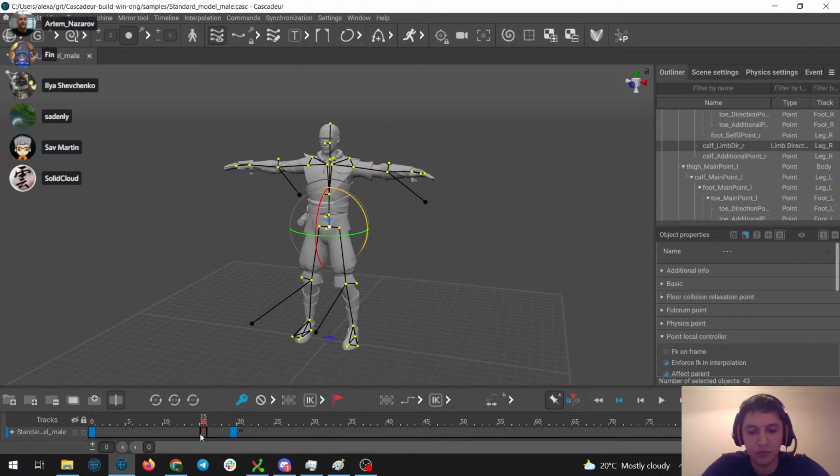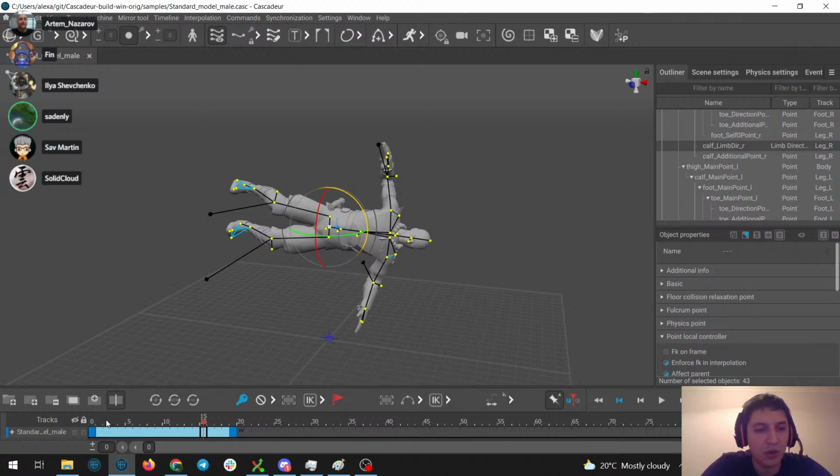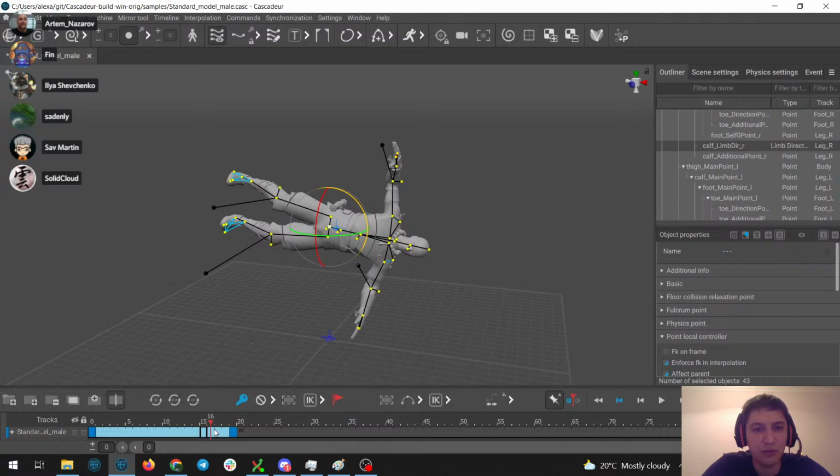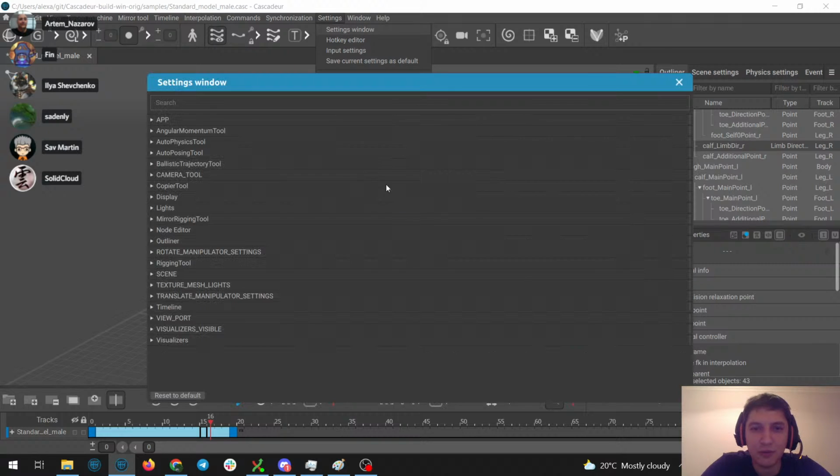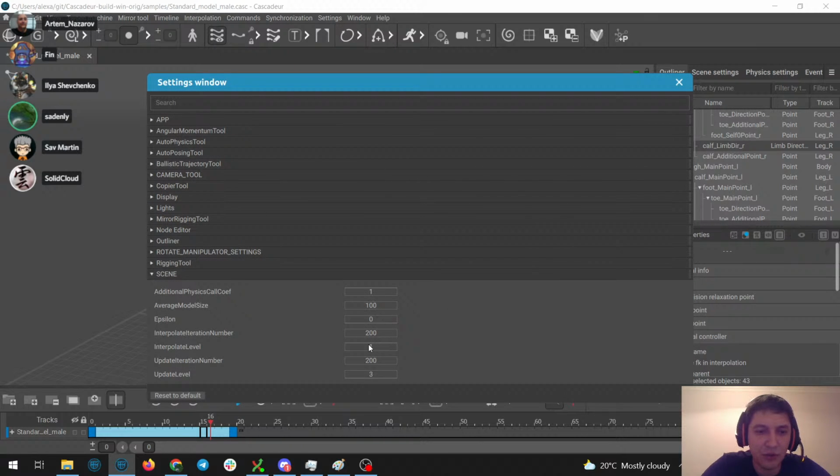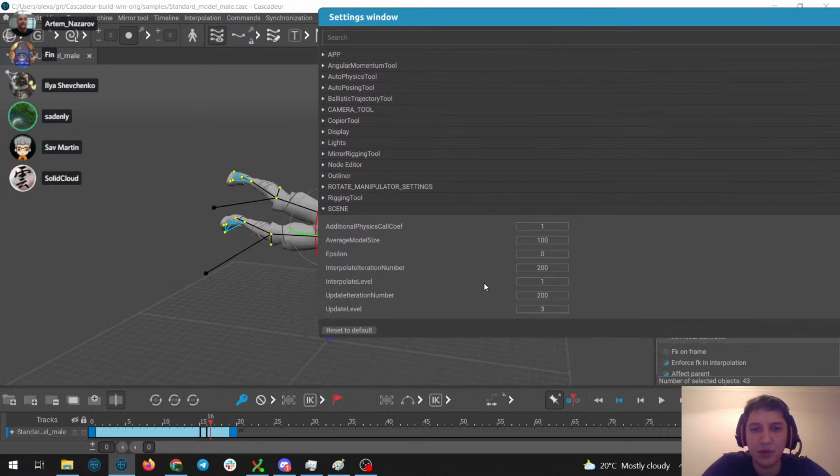and now I'll turn on Bézier interpolation. It seems like I didn't turn off something. There's a setting here, interpolate level, that means what updates you do. 3 is the default setting and does update everything.